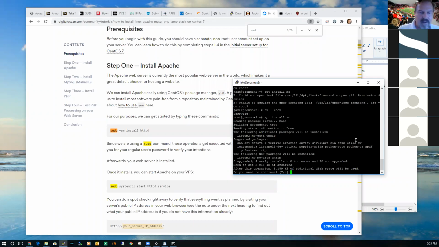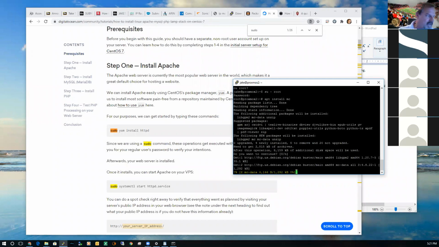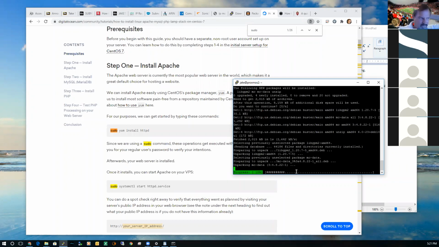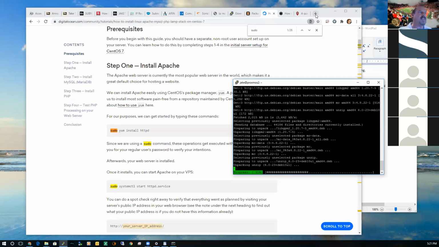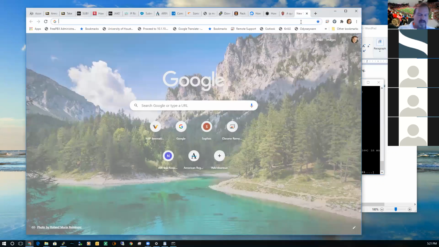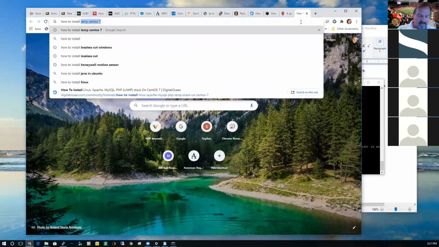MC. Now, most of the time when you install a package, it will ask you the question, are you sure you want to install this package? Notice that there's an uppercase Y and a lowercase n. The uppercase Y means that's the default. So you can usually just hit enter. Or another thing you could have done, and you'll notice that a lot of times when you're Googling for how to install something,